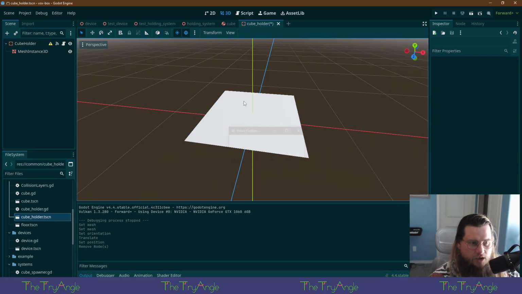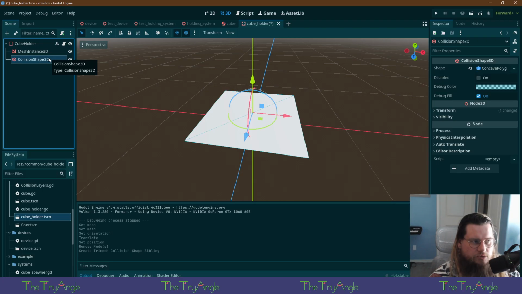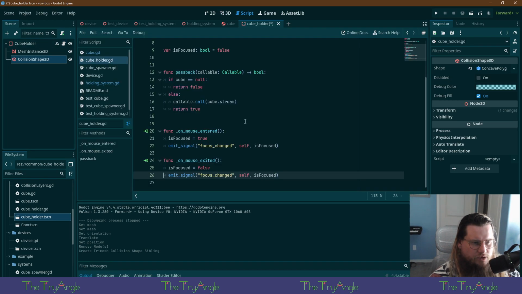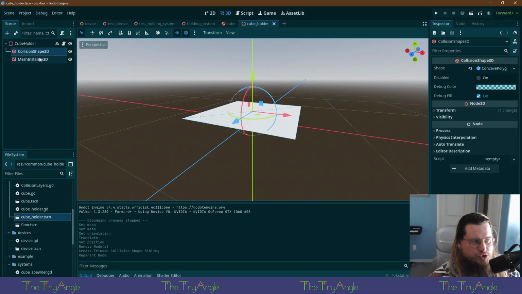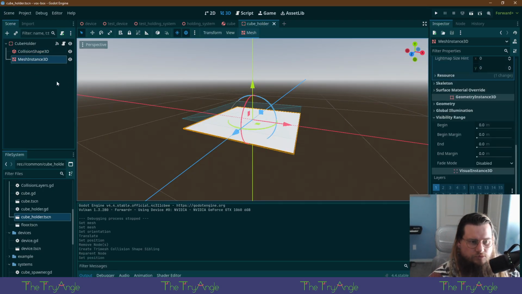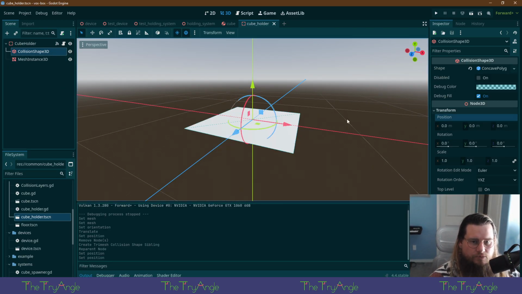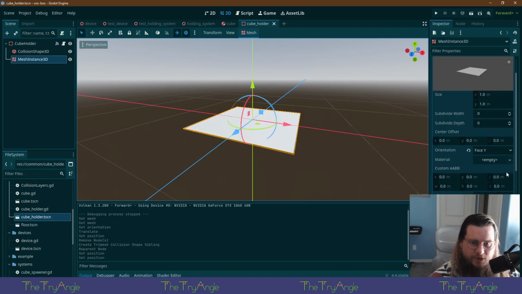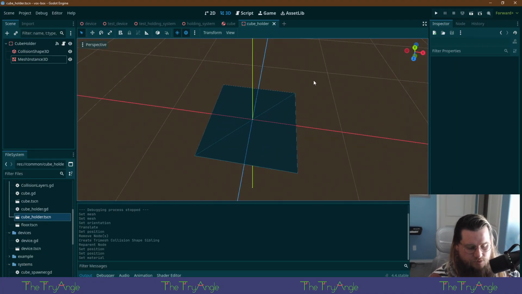No, wait, hold on a minute. Delete that. And let's see here. Collision shape. Tri-mesh sibling. There we go. Do you depend on the name of this? No. All right. Okay. Now we only have this one mesh. I'll do that, and we'll do that. And the cool thing about that, it's real neato, is that now